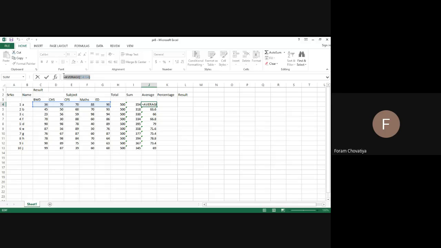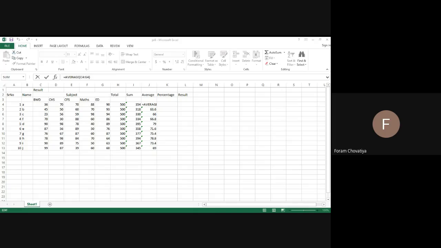So equal to, you compulsorily have to write equal to, then the spelling of average. Then opening bracket, then which column to which column you have to average. I have selected C4 to G4, so write that column name or cell name. Then press enter. Now understand?